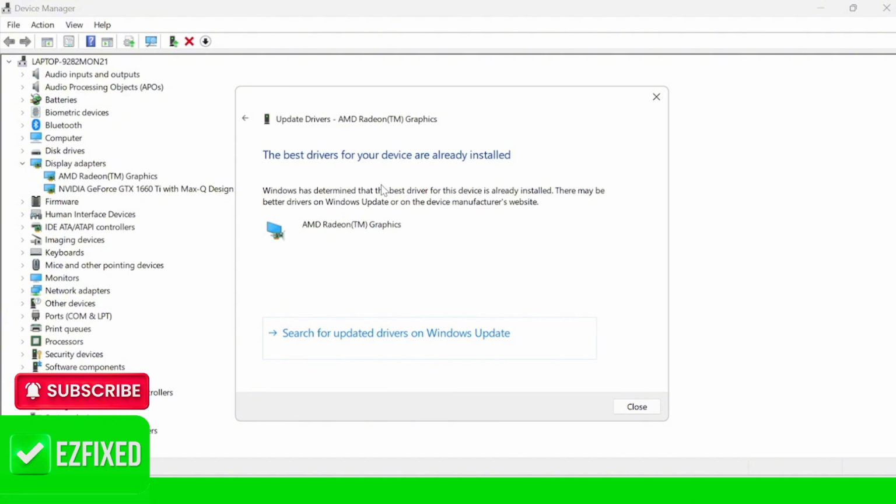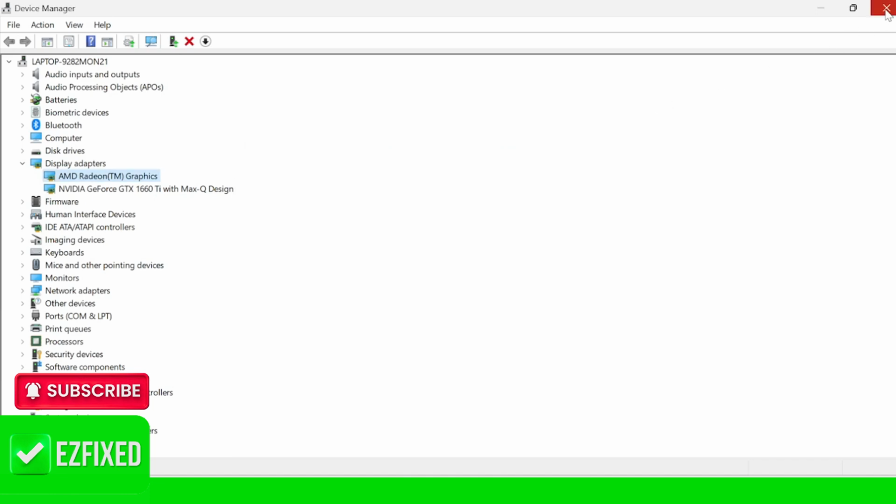So we can actually take this a step further by heading over to our graphics card manufacturer's website. So for instance, because I'm running an AMD graphics card, I can head over to the official AMD driver website and install the latest driver from there. If you're running an NVIDIA graphics card, you can do exactly the same by heading over to the official NVIDIA website. And once you've ensured your graphics card is fully up to date, we can close out of these windows,